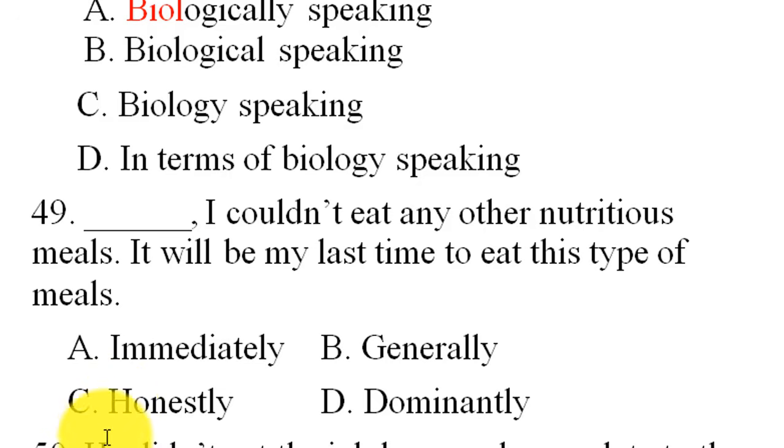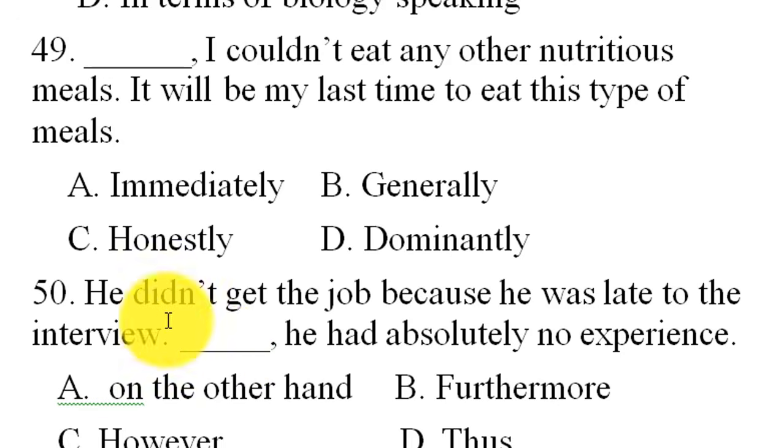So this is true: honestly I couldn't eat, clearly I couldn't eat, certainly I couldn't eat, apparently I couldn't eat right away. So we can say that sentence adverbs ነው ምንላቸው sentence ሌሎቹ sentence adverb አይደሉም ይሄ summarizing ነው dominantly immediately sentence adverbs አይደሉም focusing adverbs ነው ምንላቸው እነዚህ focusing adverbs